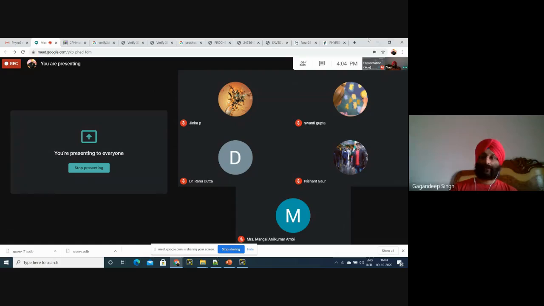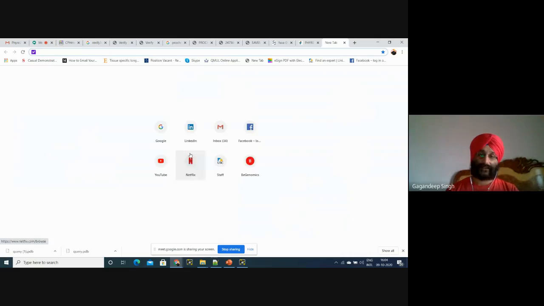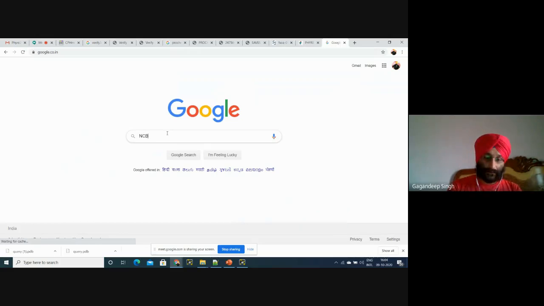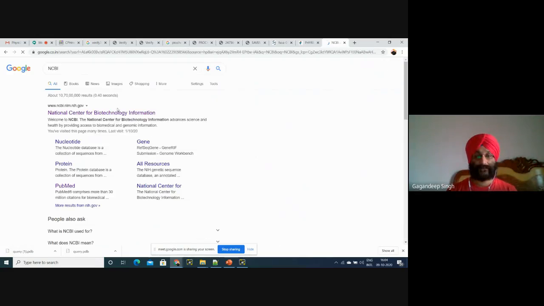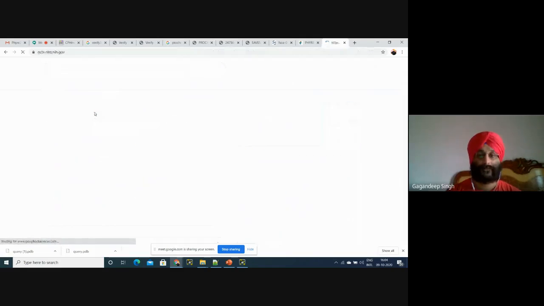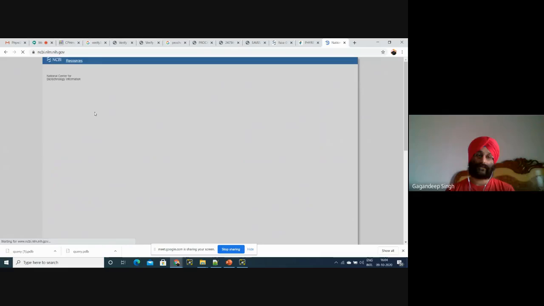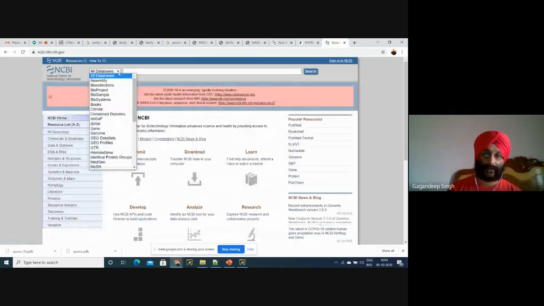For example, I'll show you another method, not another method, this is the same method that we have discussed earlier, but I'll tell you one thing, that this is the NCBI. Now, are you familiar with what NCBI is? If not, please read and go through it. This is a composite database. Now we'll go towards genome.